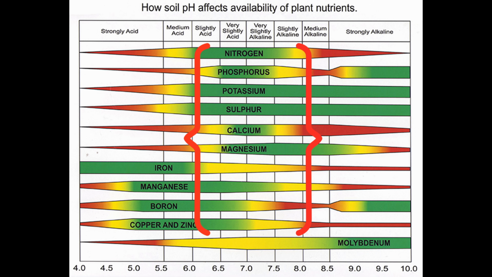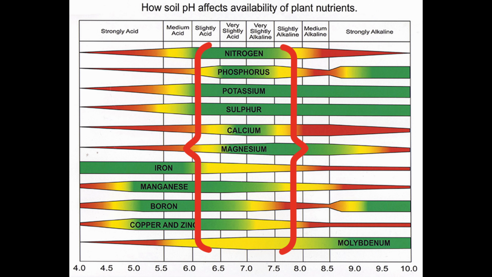But then we lose a little bit on the left side, right? Those micronutrients. As far as availability, it doesn't mean that it can't access it at all, but it just means it's not as available, which is why we want to be sitting somewhere in the Goldilocks zone. Typically, that's between 6.5 to 7.5, unless you're doing other things like the centipede grass,